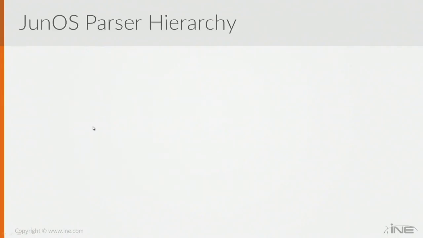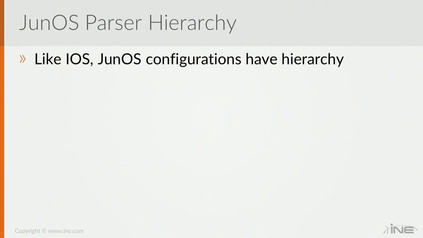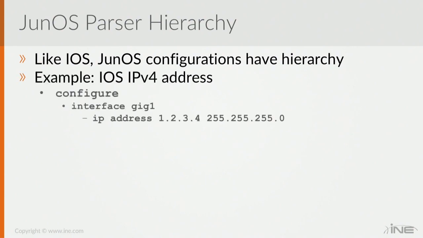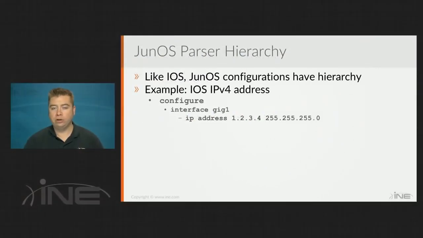Now, in terms of the hierarchy of the parser, IOS does have hierarchy like we talked about, but we'll see in JunOS the hierarchy is much more strict and it's much more clearly defined. For example, in the case of IOS, if you wanted to define an IP address on the interface, you go to global config, you go to the interface level, and then you issue the IP address command. The same would be true if you wanted to issue an IPv6 address, or you wanted to configure an ACL on the interface. Basically, everything is going to be grouped under that last tree of the hierarchy, which is the